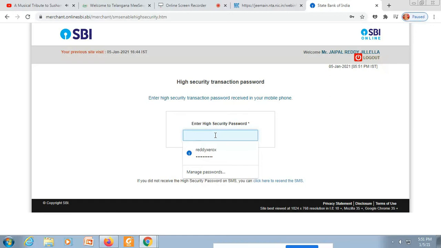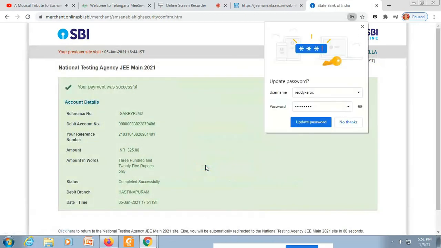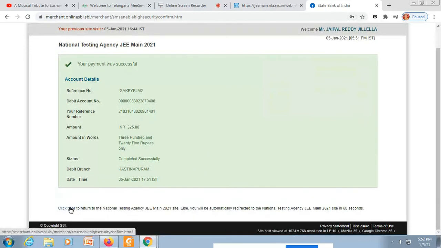After this, you have to download your application form. Keep it, store it in a place, so it will be used further. So payment is successful. Click here to return to the National Testing Agency JEE Mains 2021 site.